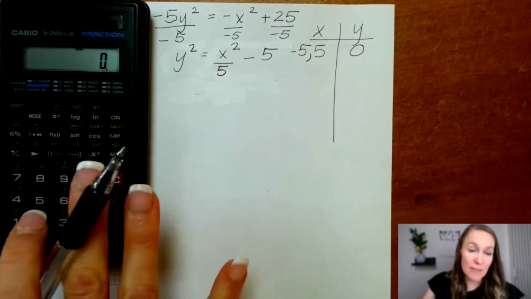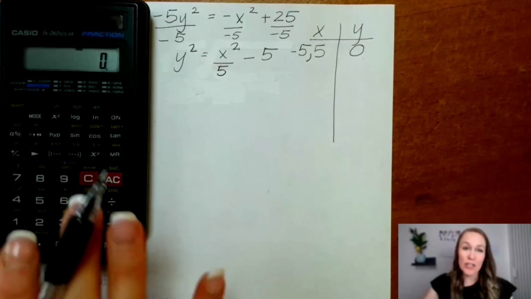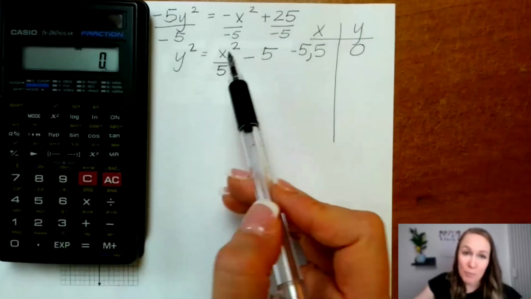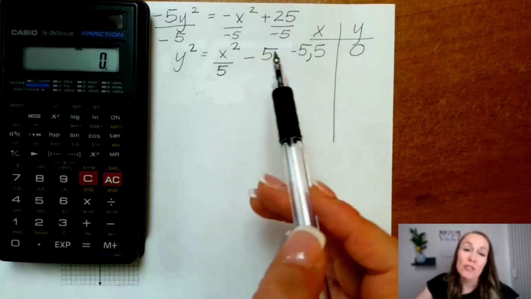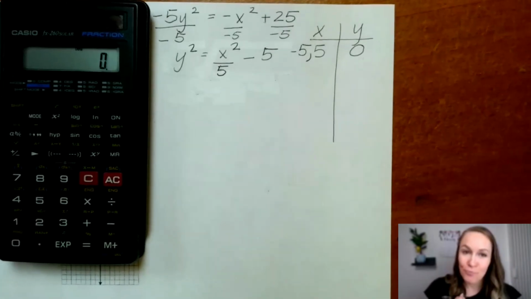This is just a simple calculator. You don't need anything fancy for this. The numbers don't work out evenly in this case. So we're just going to plug in some numbers